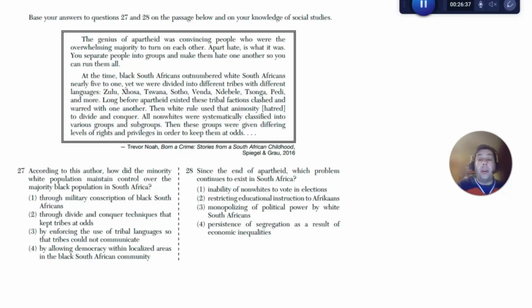The persistence of segregation as a result of economic inequalities. Banning apartheid doesn't mean everything's good. It doesn't mean everybody just moves and they all move together. It doesn't mean everybody gets good jobs. It doesn't mean that person that didn't have any land suddenly has a ton of land. It doesn't mean the generational wealth that these white families have goes to these black South African families that had nothing. There's still a lot of economic inequality that is often racial and segregated, right? Okay, so that is that.